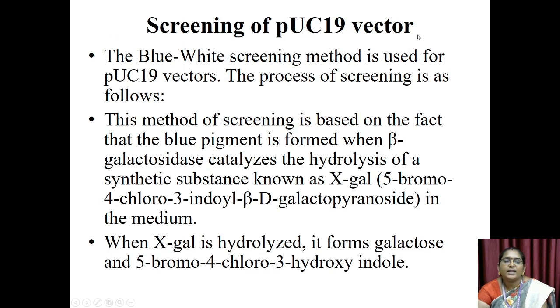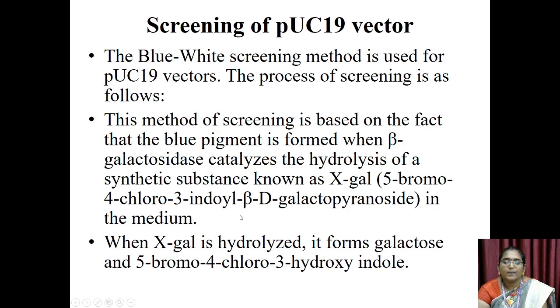Screening of pUC19 vector. The blue-white screening method is used for pUC19 vectors. The process of screening is as follows. This method of screening is based on the fact that a blue pigment is formed when beta-galactosidase catalyzes the hydrolysis of a synthetic substance known as X-gal. X-gal is 5-bromo-4-chloro-3-indolyl